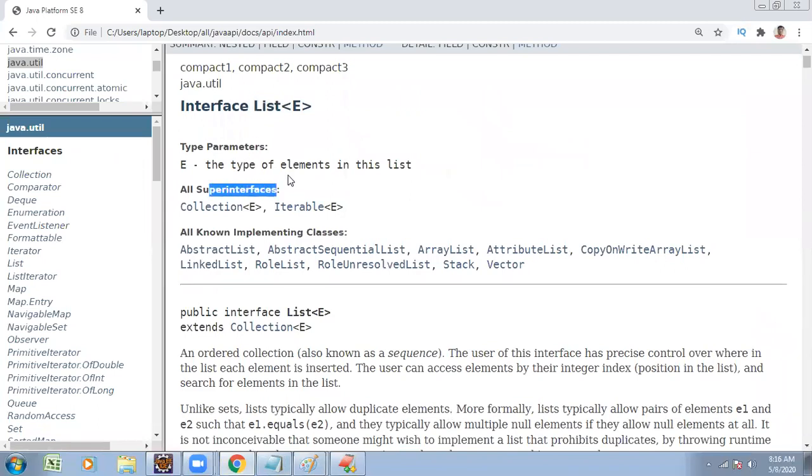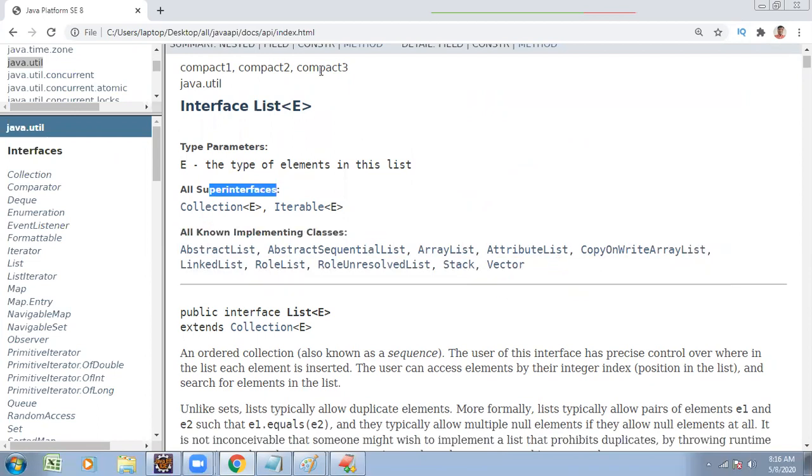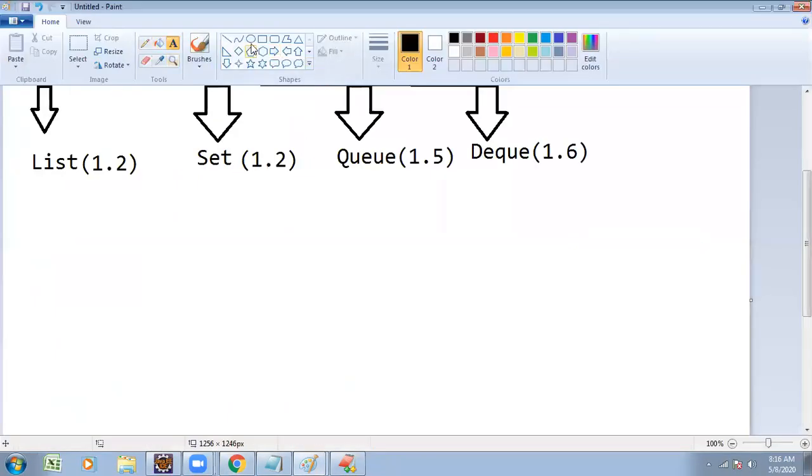We wanted to concentrate on some of the important classes which are used in development. Where are we going to use the List implementation scenario?